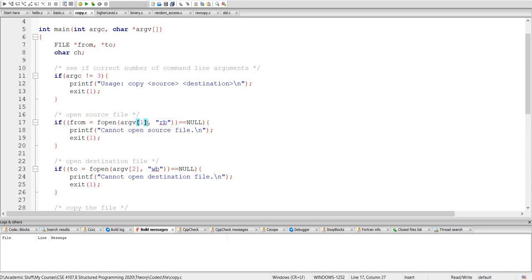One is the argument, which is the first part. Okay, the first argument excluding the file name or the program name. So actually you can call it the second argument. So this argument is the name of the source file. Okay, and you have to open it using binary mode,